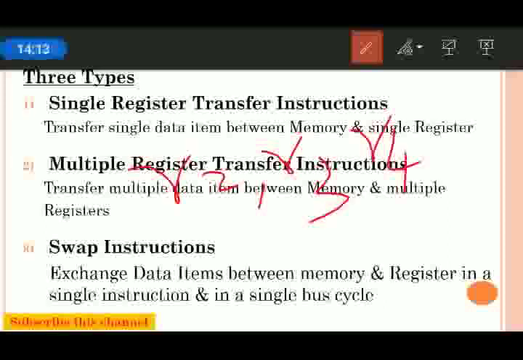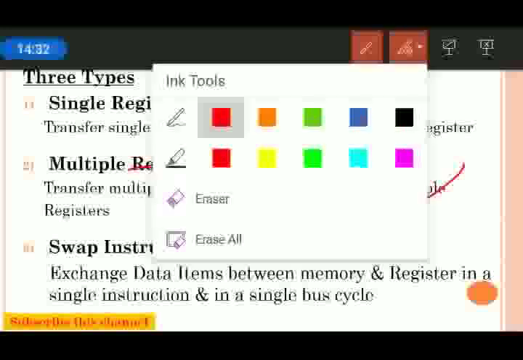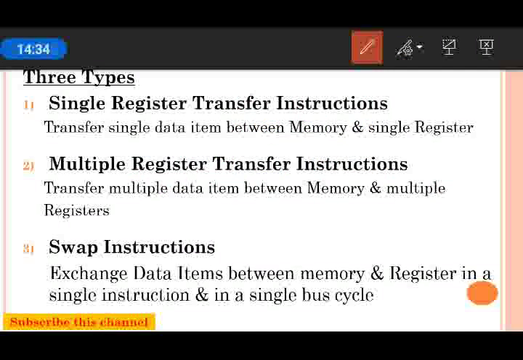Or the other way, we can store R2 content, R3 content and R4 content into three 32-bit memory locations by using the STM instruction, that is, store multiple. So STM type instructions will be there. We will be studying them in the next videos. So this is multiple register transfer. In simple terms, multiple register transfer instructions mean we can store multiple data items into the memory, or we can load multiple data items from the memory into multiple registers.